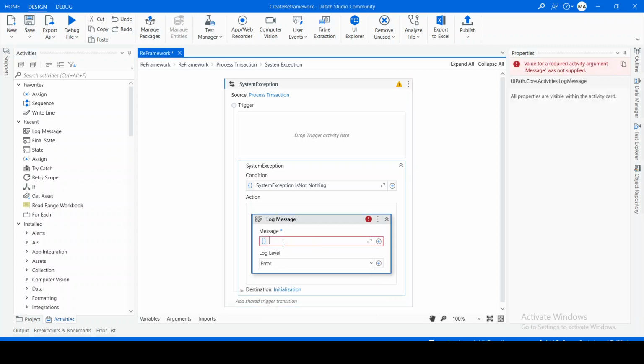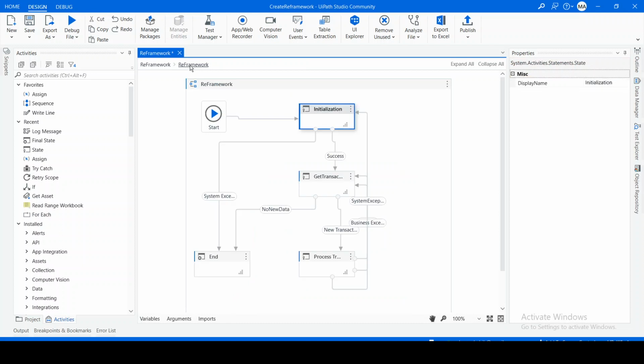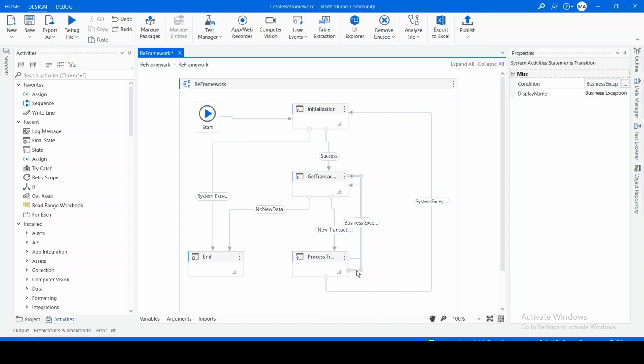Error, bot encountered system exception, going to the initialization state. Okay, let me arrange it better so that it looks better. So you see,